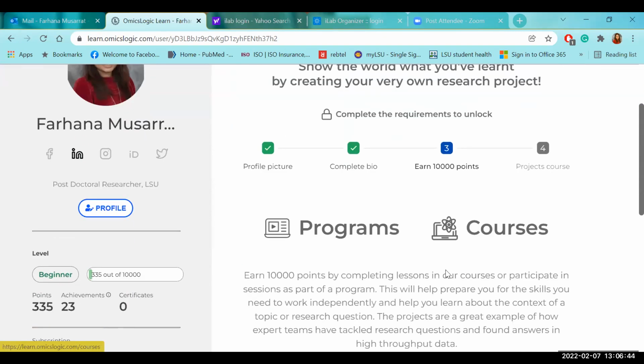it will show you how much you have completed in the profile, and what are the courses you took, and how many points you got. So you can see here, earn 10,000 points. That means if you earn 10,000 points, you will be able to do your own project using the pipelines provided